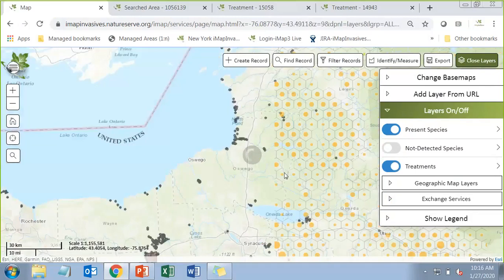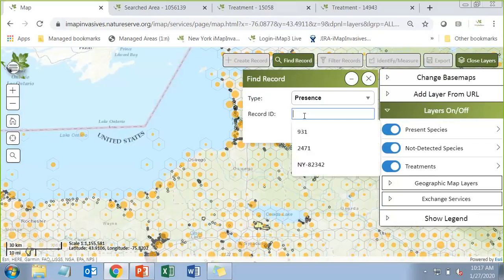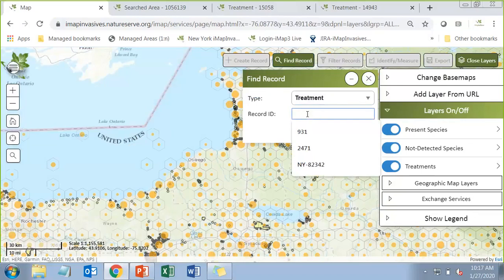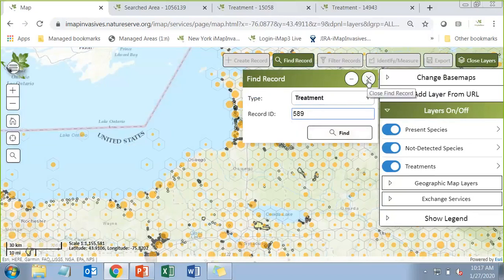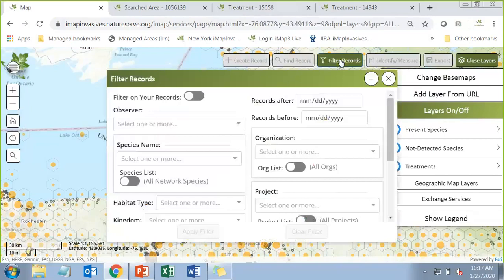I feel like it's a little confusing with the terminology. The find record is just if you have a record ID number, like if somebody has sent you, say, treatment number 589, I don't even know if that exists, but you could type that in, hit find, and it would clear the map except for that treatment ID number. But where the real power is, I feel like, is in this filter records